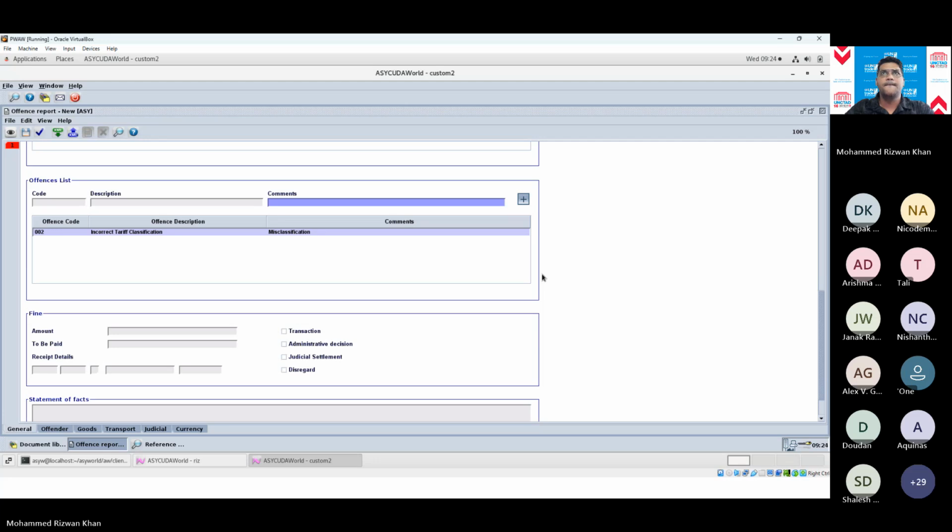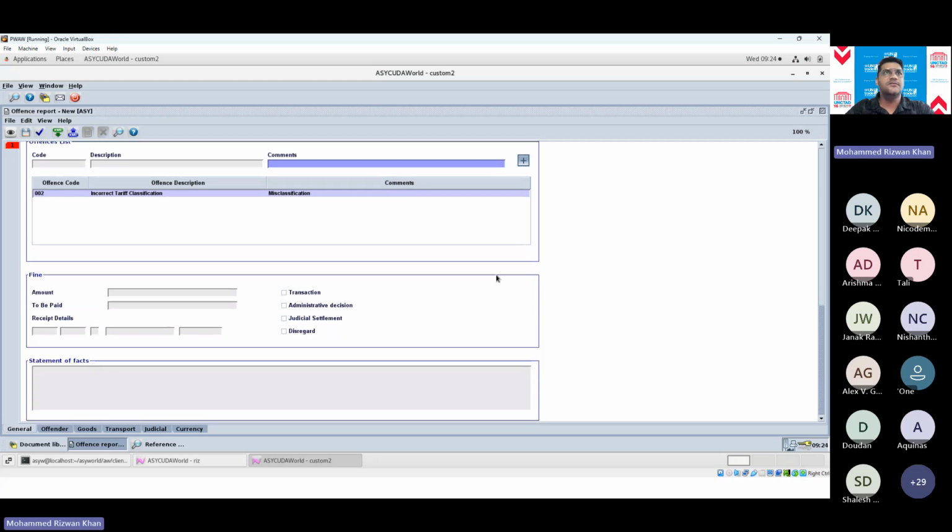Okay. Next is the fine. This is the penalty section. If there is any penalty associated with that type of offense, you can put the penalty here as well. Let's say $1,000 and it's a transaction. You see two fields, amount and to be paid. Here you can actually use partial payment as well.